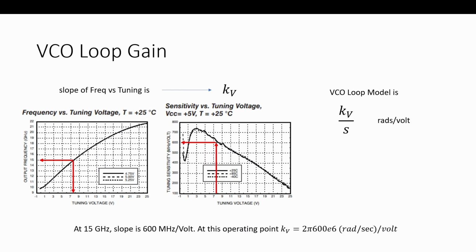Linear is good, and we get the same result no matter where we operate, rather than having something far away. So I would have an abstraction right there that would take this and fix it through a lookup table or whatever to be linear if I care. But here it tells us how sensitive we would be, depending if we operate here or if we operate down here. We're seeing tuning sensitivities vary from 200 to 700. So I would either linearize it or check my loop model and put in both corner cases to see how I operate in both ends. But in this case,